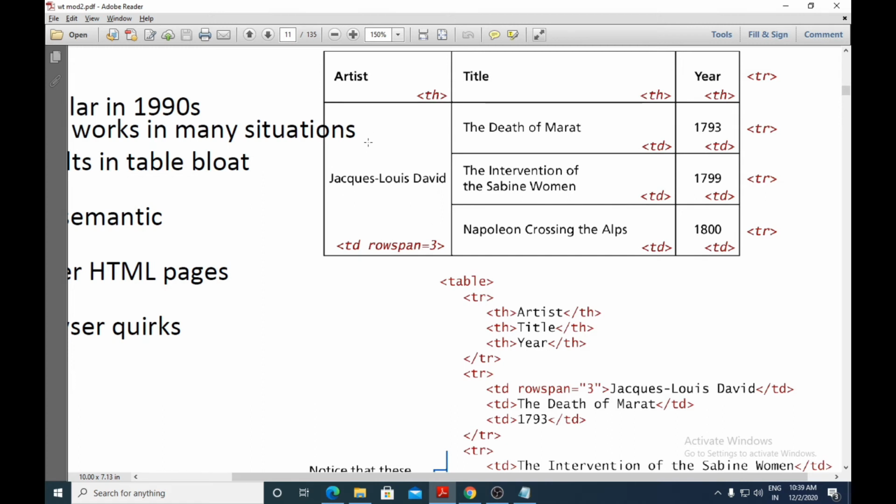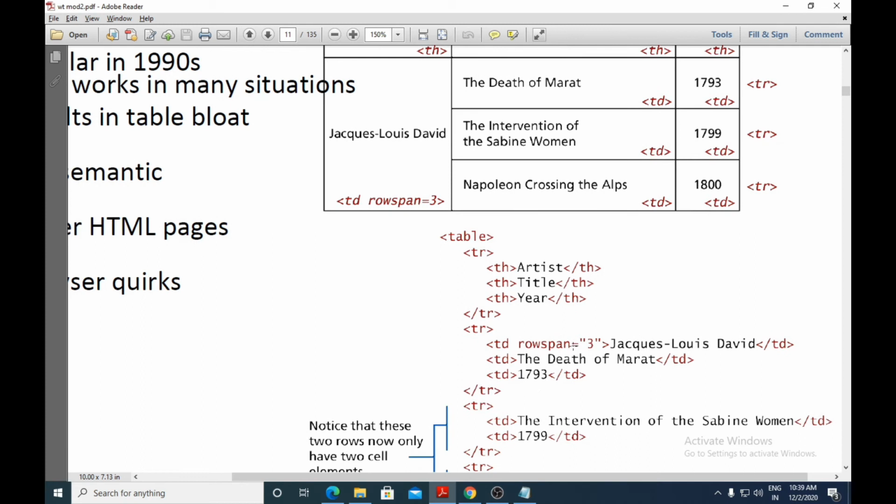So this particular cell will be TD rowspan equals 3. You have to write it as TD rowspan equals 3, as this cell is covering 3 rows. In the last example, one cell was covering 2 columns, and here one cell is covering three rows.